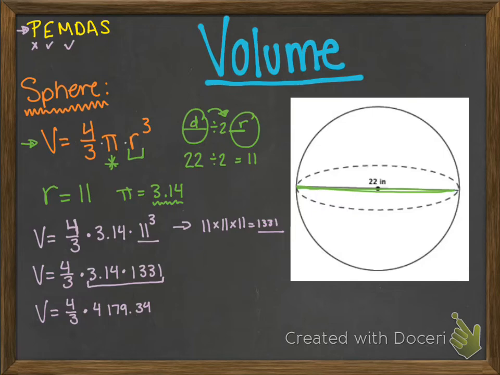The final thing is we're left with this fraction, and we need to multiply this towards the 4,179.34 that we found. Now, here's what you do with a fraction. Instead of making it a mixed number, instead of making it a decimal, go ahead and multiply by the top and then divide by the bottom. So 4 times 4,179.34 gives me 16,717.36. Now you're going to divide that number by 3. That gives me